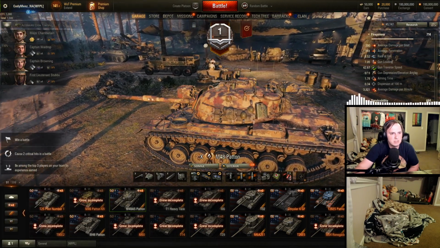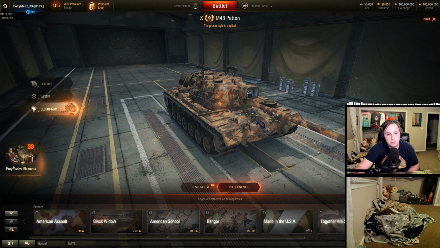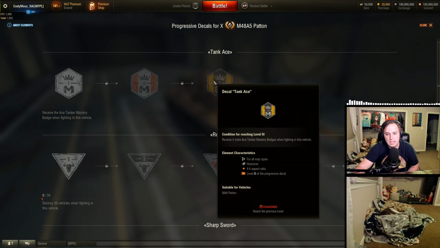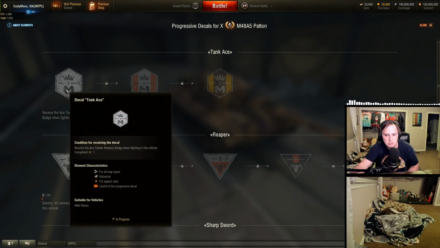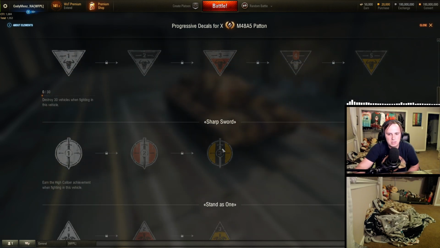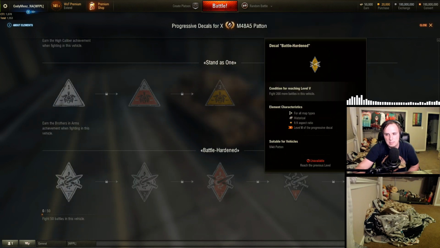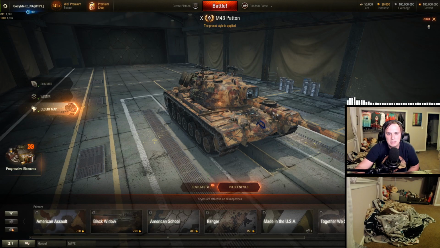Now when it comes to the customization, just pulling up a quick example here, like the M48 Patton, you'll see progressive elements. So each tank, basically there's decals, and say for acing your tanks, say 5 or more times, you can actually use this decal. However, if you haven't aced it, you can't even put this one on. This one's basically for destroying vehicles. Then you have high caliber achievements. You have Brothers in Arms achievements, and then fight 50 battles, and it goes up to 200 battles in a tank. So nice little cool things that don't affect you as far as giving you bonuses and stuff,